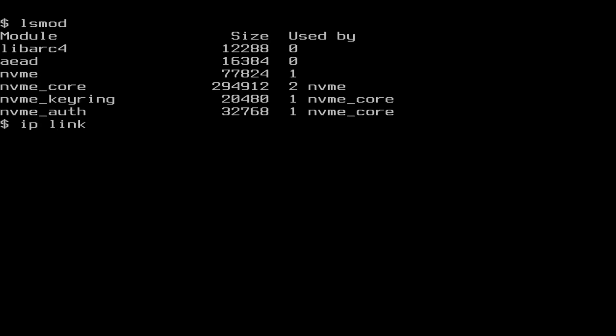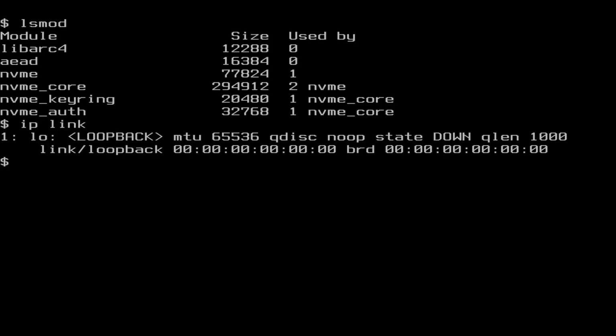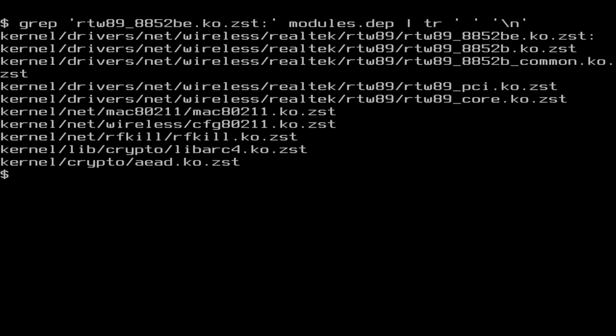And if you see ip link here, now we don't have any interface, not even Ethernet, not wlan0, anything, but we will soon get here. This one, for example. Okay. Then comes the rfkill. We'll make these things a bit faster now. insmod kernel/net/rfkill/